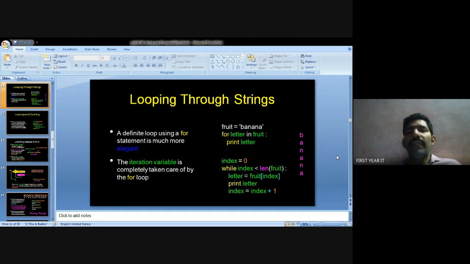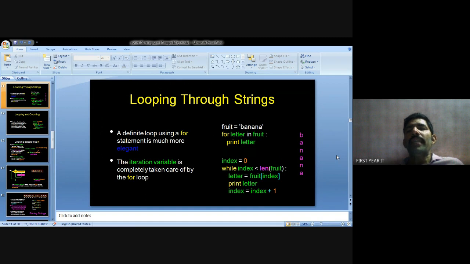So the index value is 0. 0 less than 6, the condition is true, so go and execute letter equal to fruit of index. Print letter gives you the B value. After that, the next statement executes: index equal to index plus 1.